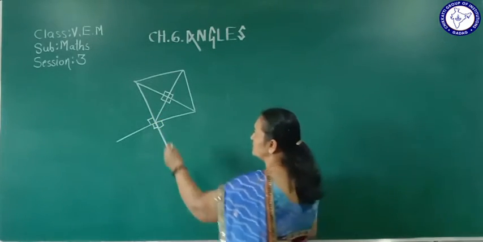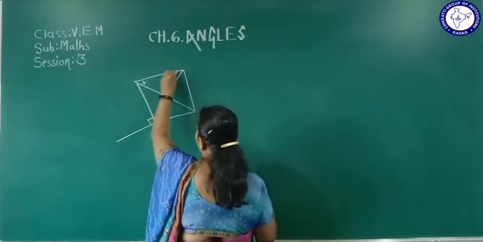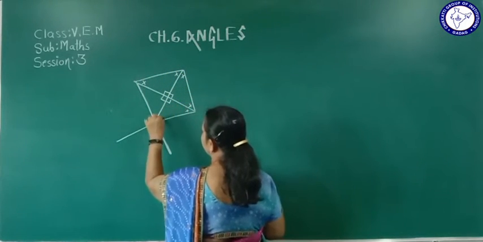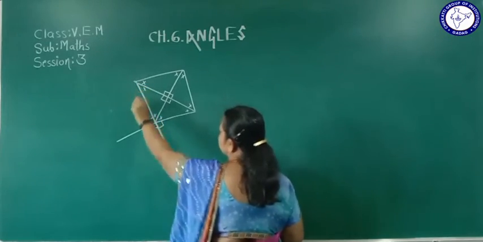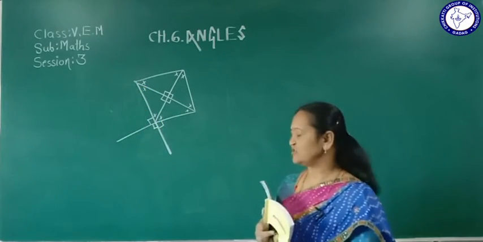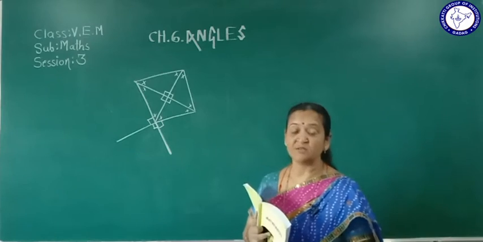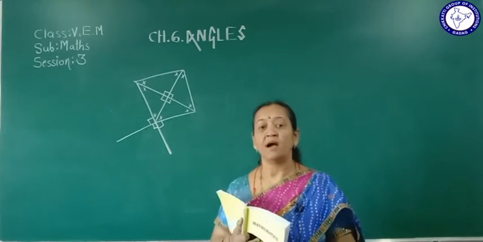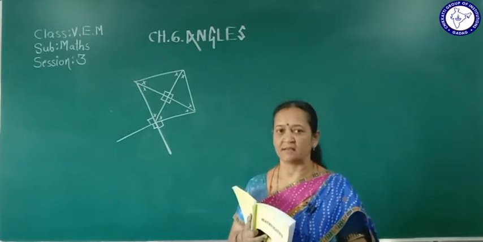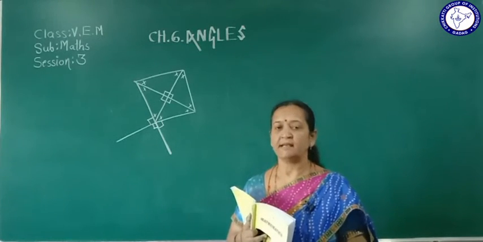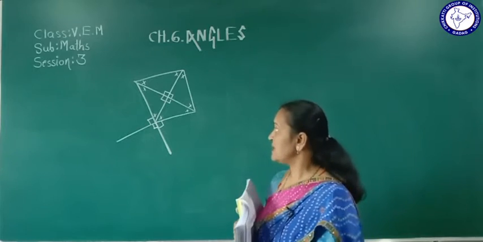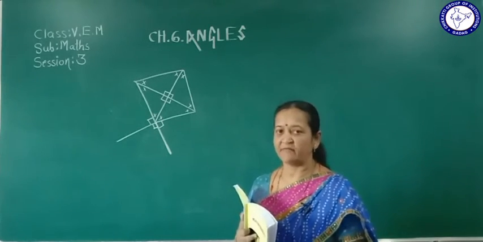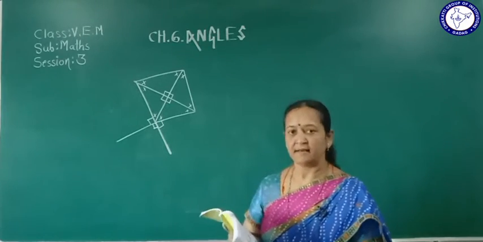Then these angles are obtuse angles. These angles we call obtuse angles. So these all angles are not obtuse, they are acute angles. Less than 90 degree we call acute angle and not obtuse angle. Okay. More than 90 degree are obtuse. These are acute angle. So here we don't have any obtuse angle. We have acute angle and right angle.